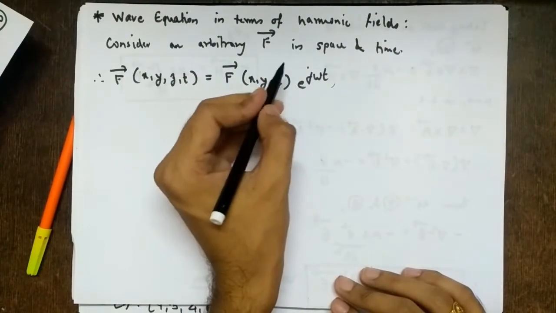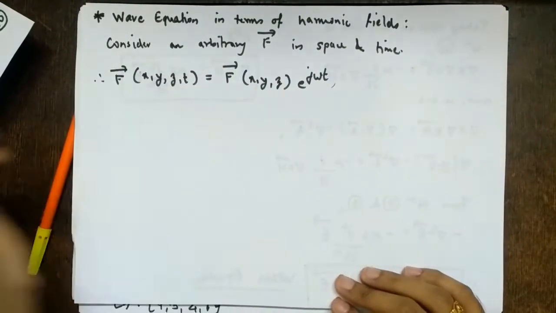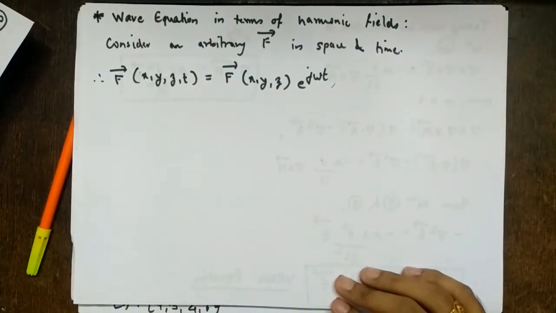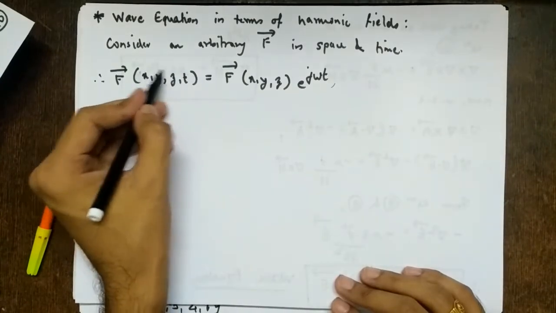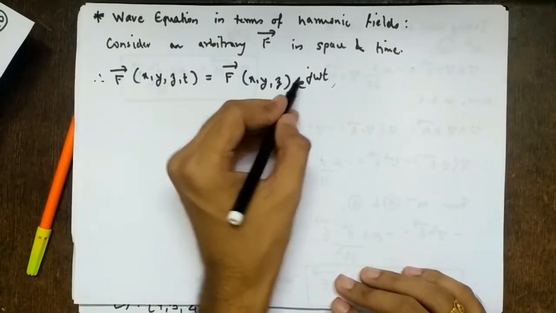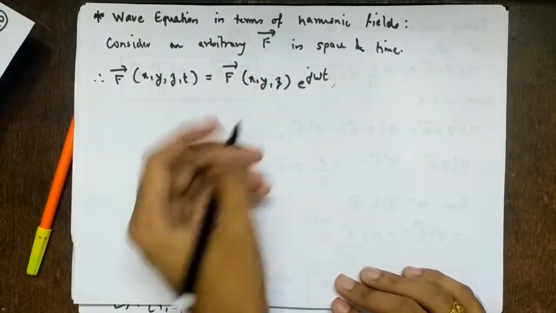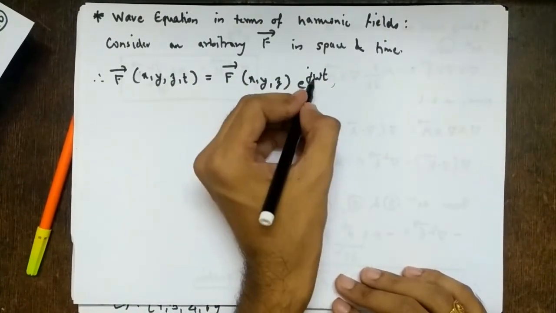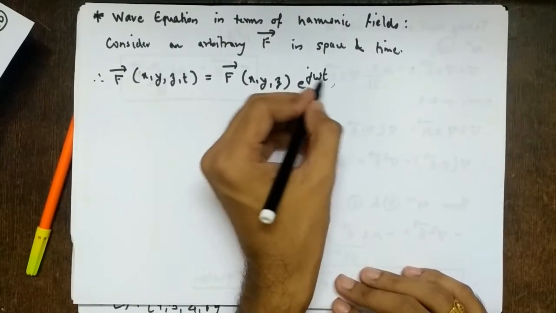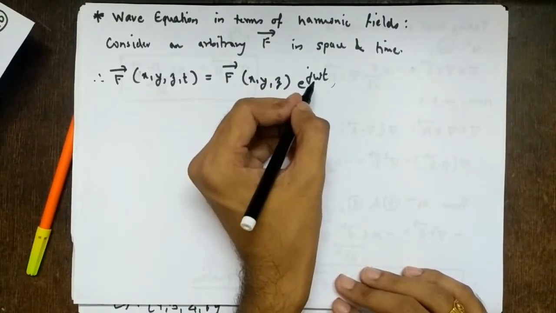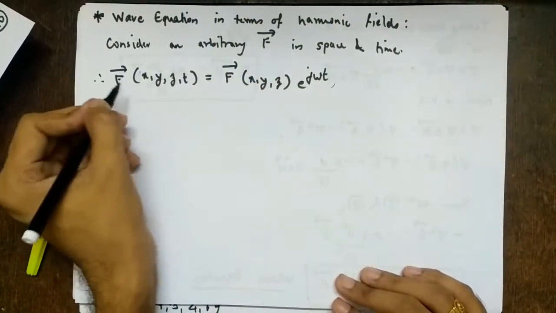Whenever we require, we explicitly introduce that term. Wherever we didn't see time, unless for static fields, it was implicit. So here also it is implicit, and I have written it explicitly. That term is e raised to j omega t. Why is it e raised to j omega t? Because e raised to j theta is cos theta plus j sin theta. Everything usually exists in cosine and sine waves, right? That is the reason. We'll also see that after this topic.